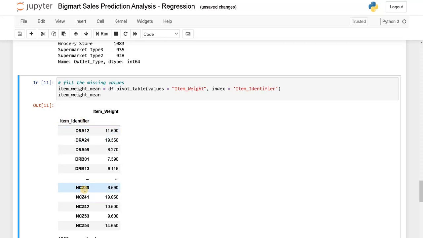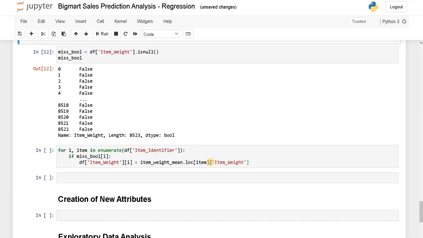Let's say NZZ30. We have only a single column here, that is item weight. We can also include multiple attributes. So we have multiple columns. To get that particular column, we will specify the particular column after that. So this condition will get the average weight of that particular item and assign it on the particular row.